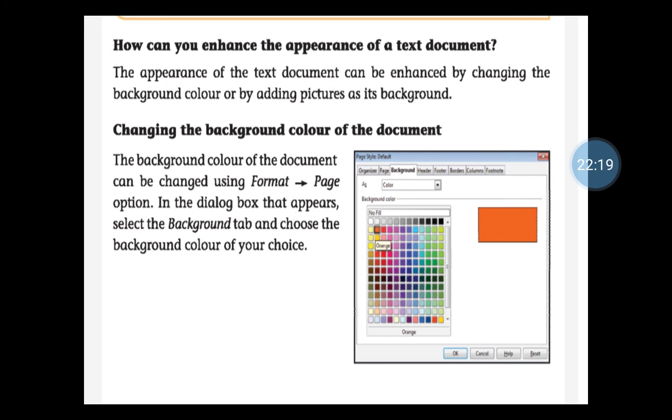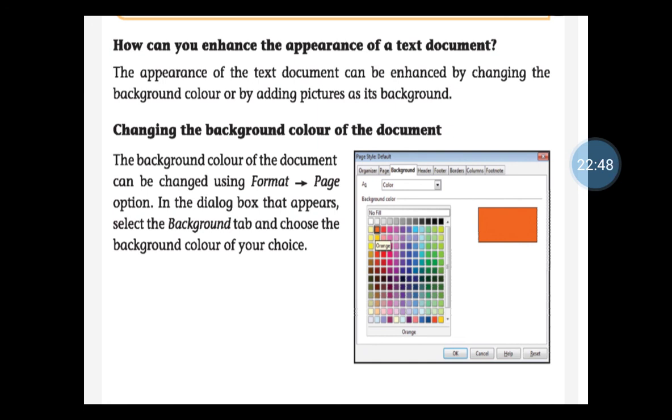If you have created a document, for the whole document you can add a background color, and you can add a picture also. In our mobile phone we add wallpaper, right? Like that you can add background colors and images to our document also.